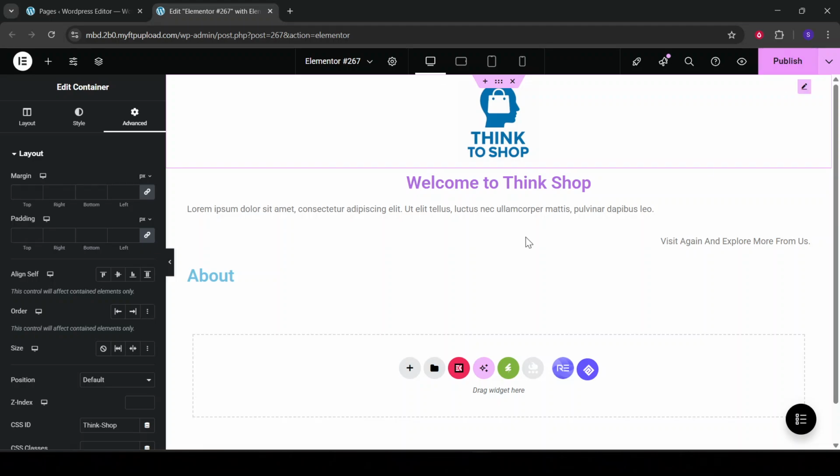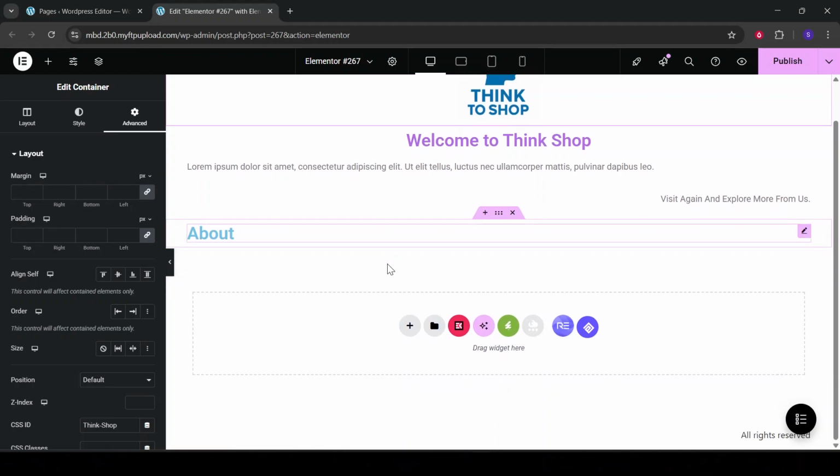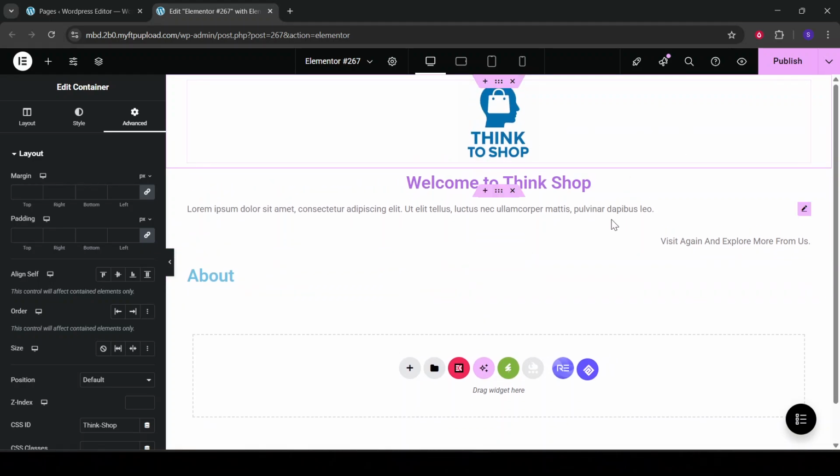And there you have it. You've now successfully named your container in Elementor. It's a small step, but it makes a huge difference in keeping your work organized, especially as your project grows in